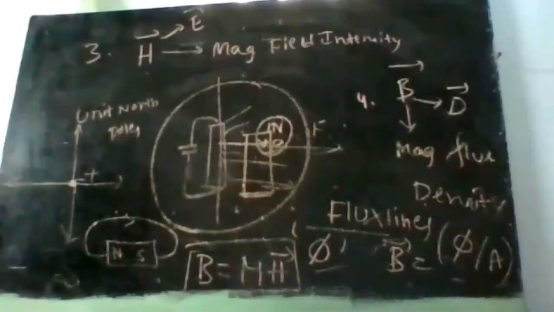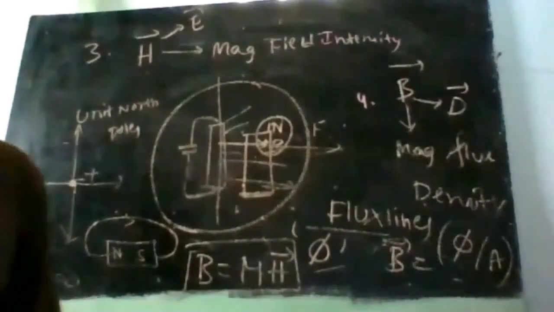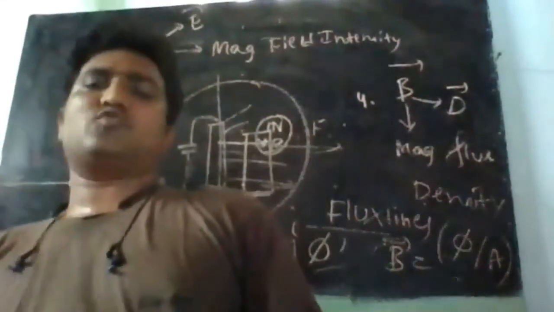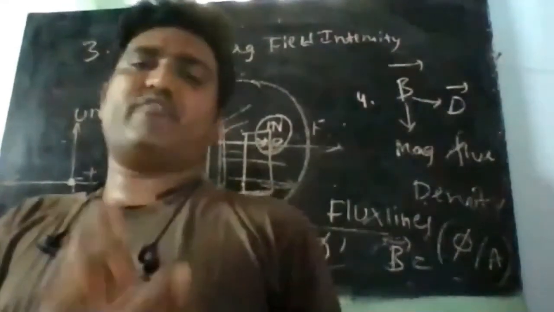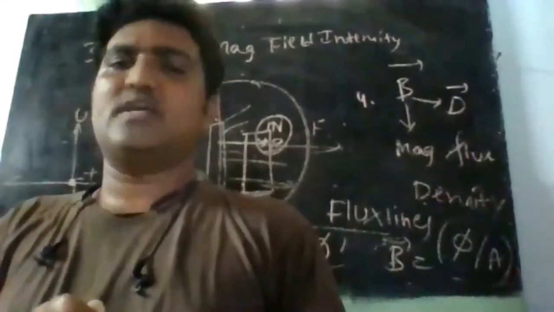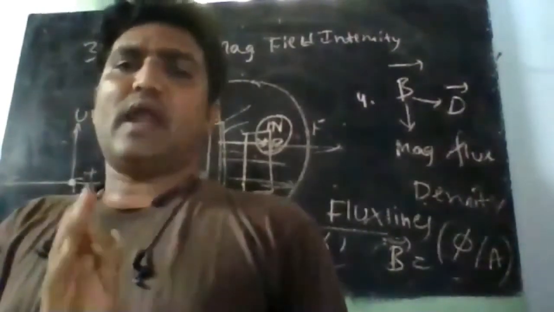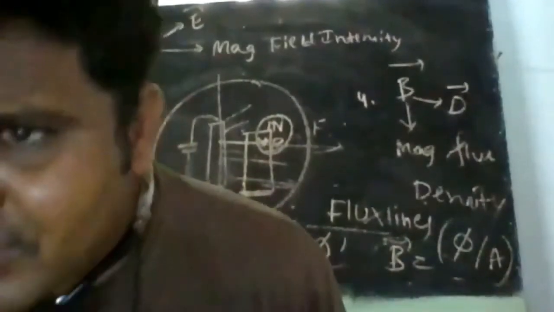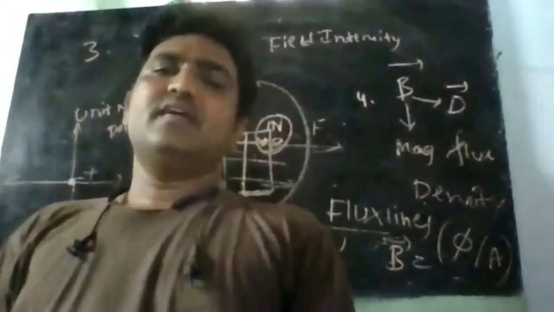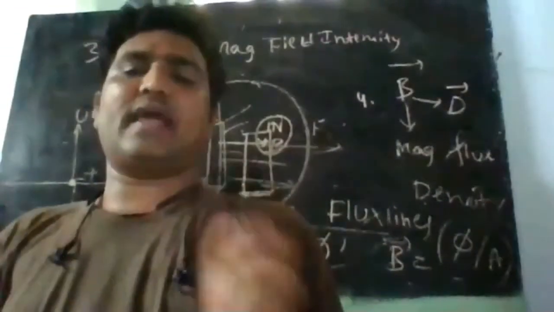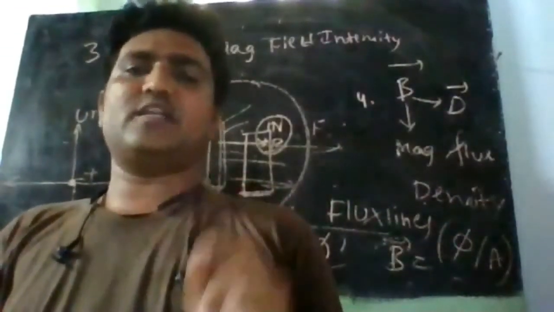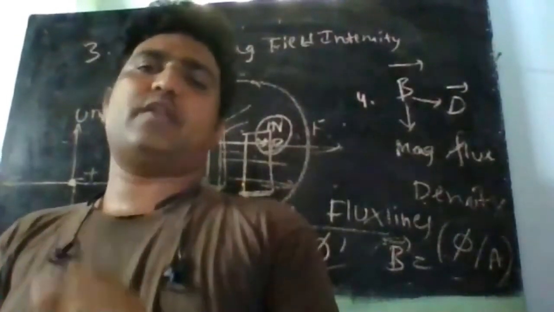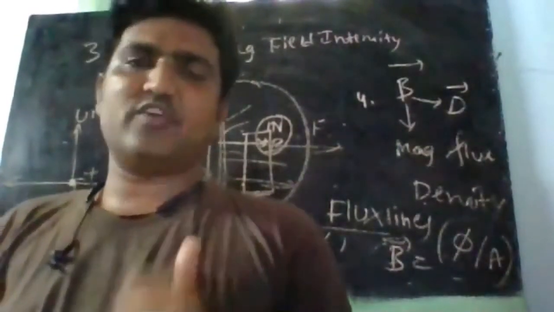So these are the basic introductory points about magnetostatics. I will quickly recap this. Firstly, Oersted is the first man who did experiments with a current carrying conductor, and he said that whenever DC current is passed through the conductor, a magnetic field or magnetic force is generated. This is the first point we have to remember.